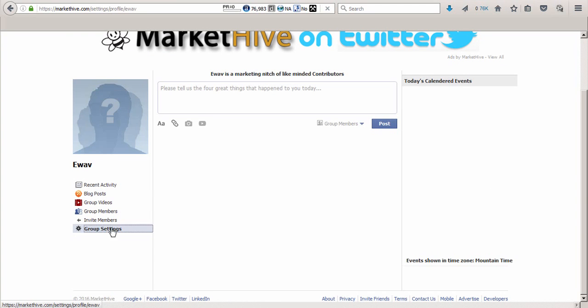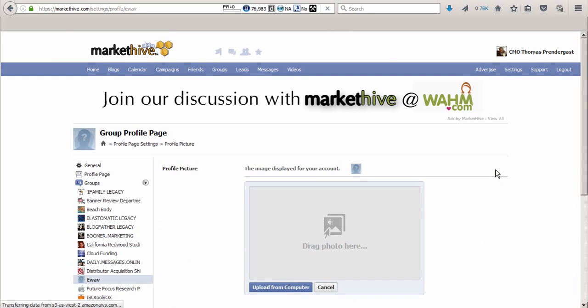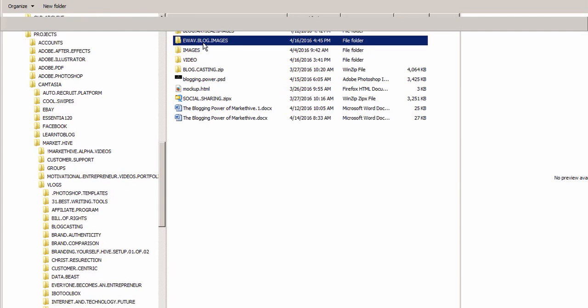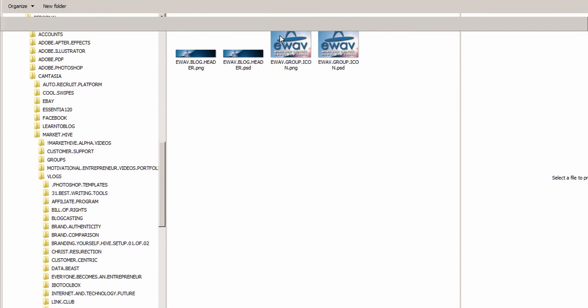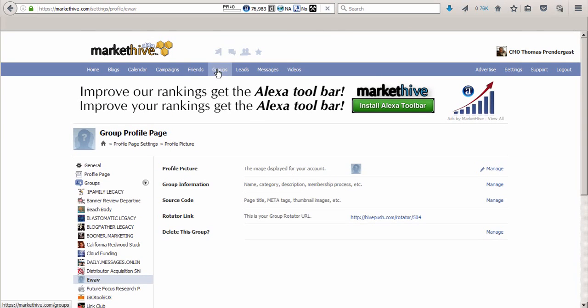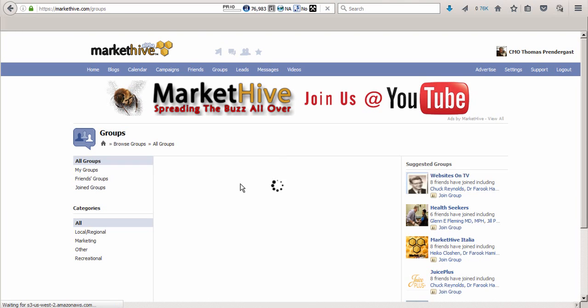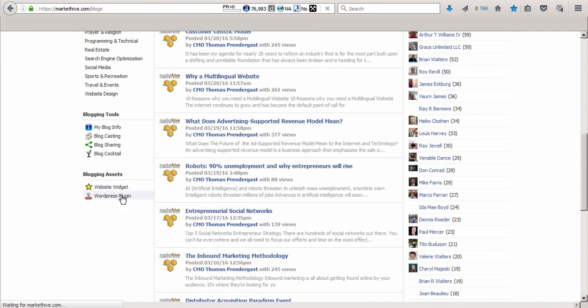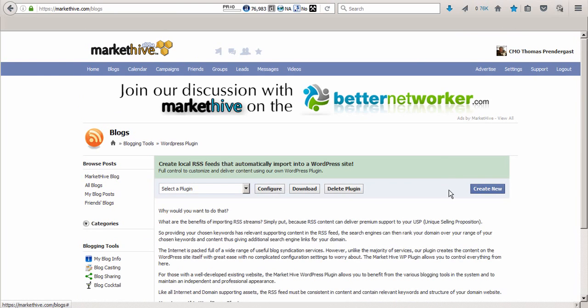Group settings, and I'm going to upload an image. I prepped an image for this purpose, and our images should be right here. There we go. Uploading. It's done. Just going to go back and refresh so you can see the group image. There it is. There's our group. And I'm the only member in it right now, but if there were other members, the next thing we do is we go to blogs, and we go down to the WordPress plugin, and we create a new one,